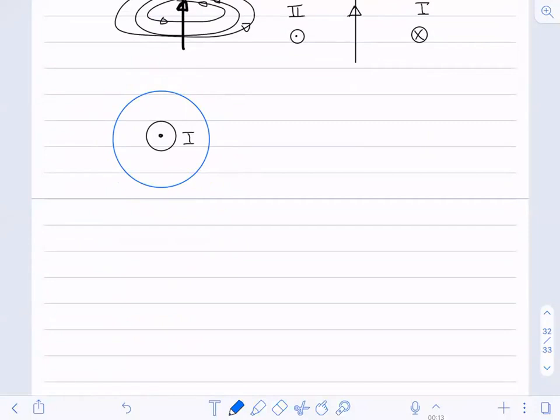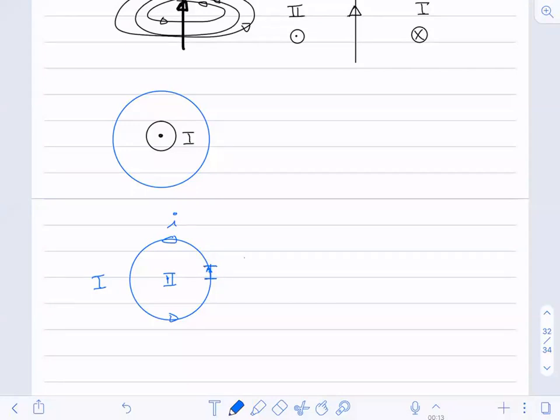So you take one more exercise. Suppose now the current is in a loop. Now you tell me, this is region 1, outside the coil, and region 2, inside the coil. How will you have the magnetic field lines? If I take this portion of the wire, the current is moving like this. Now hold the wire between this section.